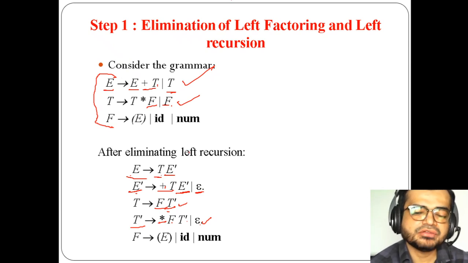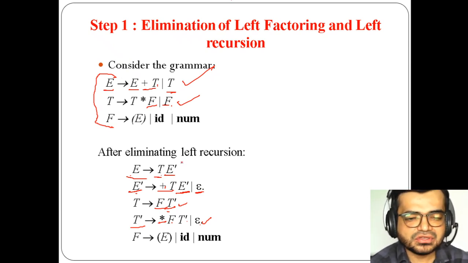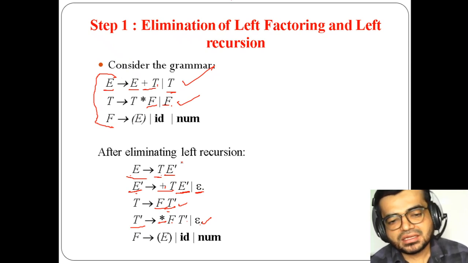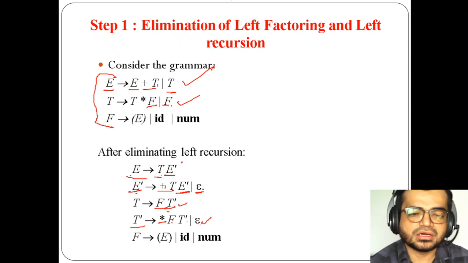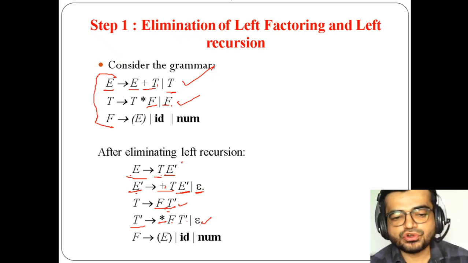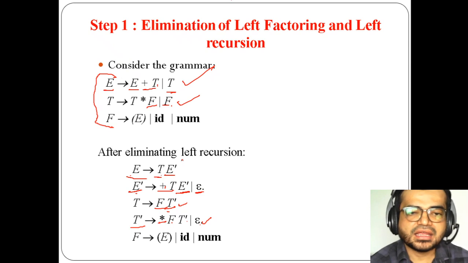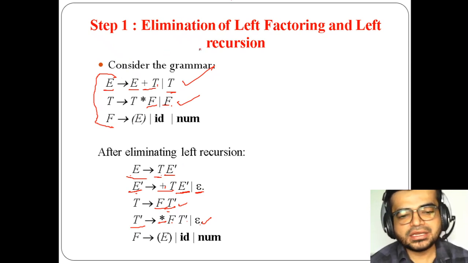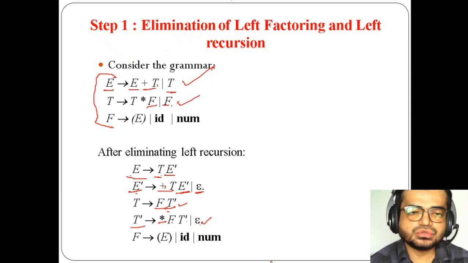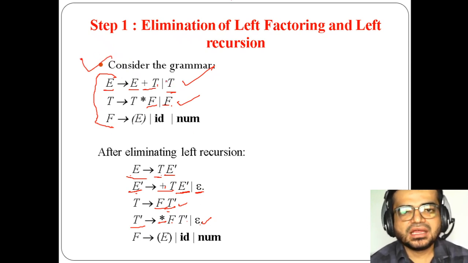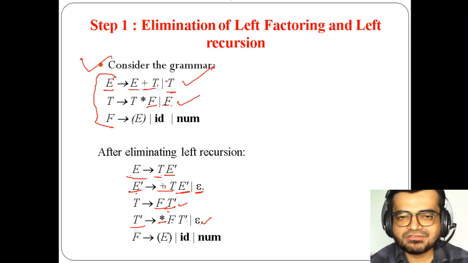If you observe here and draw the parse tree, I mean we shouldn't draw it right now, because first we need to see whether the given grammar is LL1 or not. Even if you draw it, you won't get such a problem as you faced in the given grammar. So in examination there are two aspects. If they have given the direct grammar, which is this part, then you have to check whether it has a problem of left factoring or not.